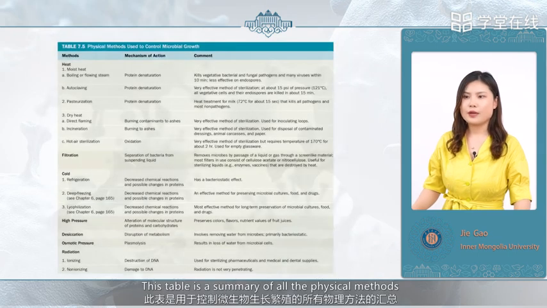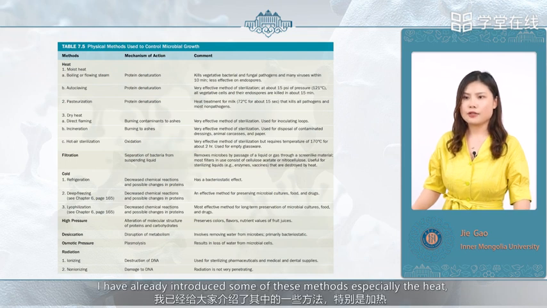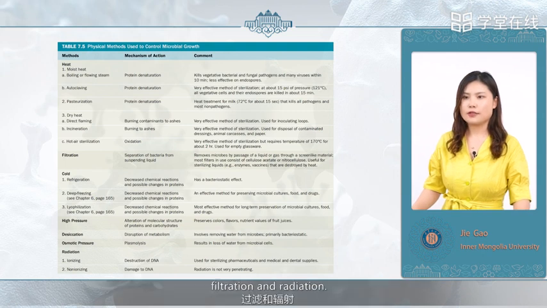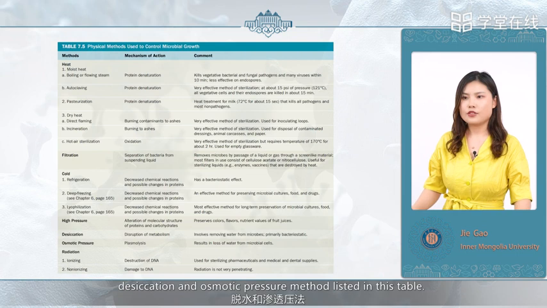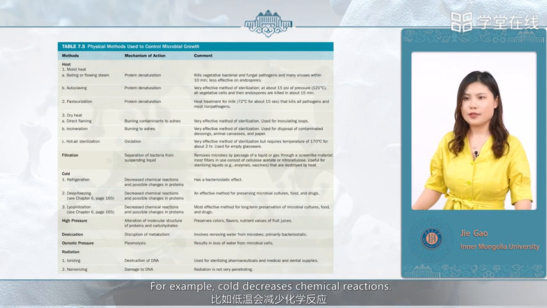This table is a summary of all the physical methods used to control microbial growth. I have already introduced some of these methods, especially the heat, filtration, and radiation. However, there are other methods used in industry, such as low temperature, high pressure, desiccation, and osmotic pressure methods listed in this table. For example, cold decreases chemical